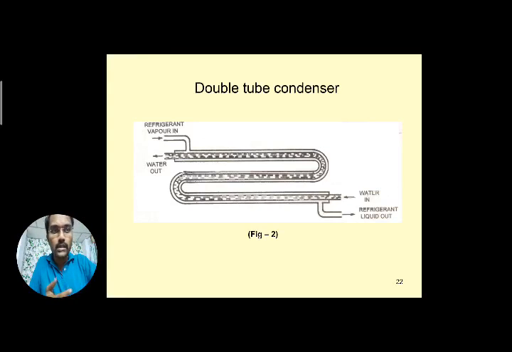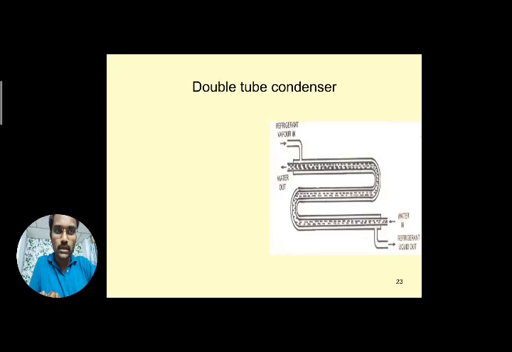Okay, so just have a look regarding this, and if you observe clearly, it is also making contact with the air. If you see, the refrigerant vapor is flowing in the outer section of the pipe. So whatever the air which is present around this tubing section, the air is also taking the heat from this refrigerant vapor and rejecting it outside into the atmosphere. So air is making contact, and the water cooling medium is also making indirect contact, but both of them are utilized here for effective heat transfer purpose. Okay, so just have a look here. We'll see some sentences regarding this.